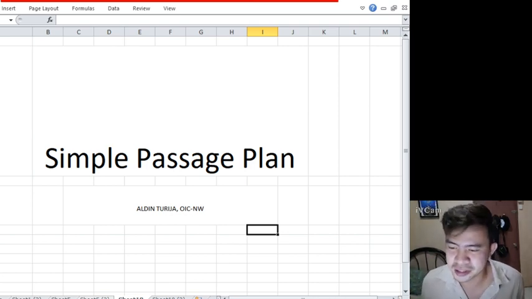hindi pa po ito exact. We will actually leave this blank, and this one, and this one, kasi magpo-focus tayo on how to create the formula and to search for the ports natin, the corresponding latitude and longitude, the